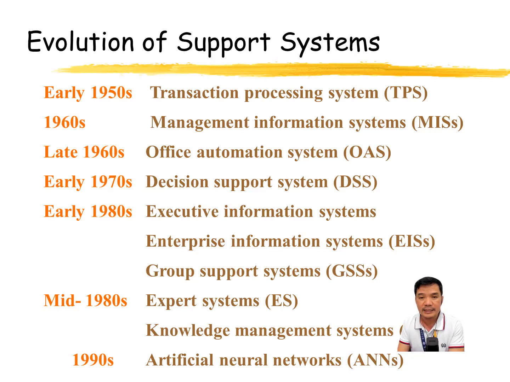So considering that the levels of management and the support of information systems can be seen as one, even in the evolution, the lower level management was supported by transaction processing system, and it evolves towards the executive information systems during the 80s. And after around 90s, there's already an integration of expert systems, knowledge management systems, and artificial neural networks, which includes artificial intelligence until